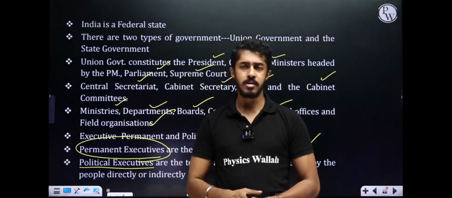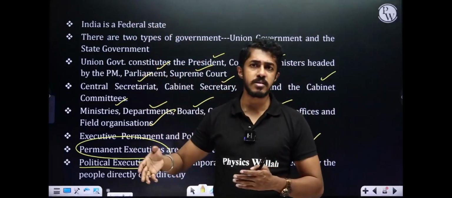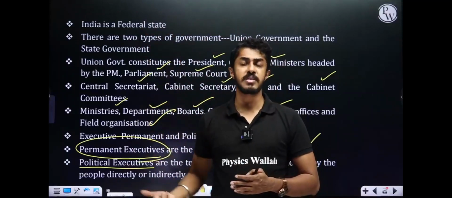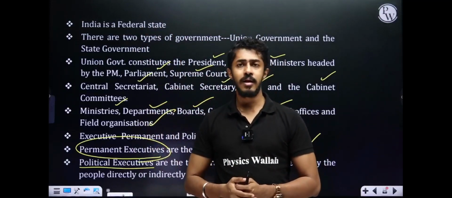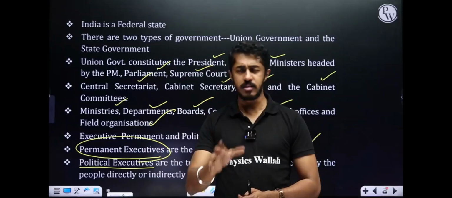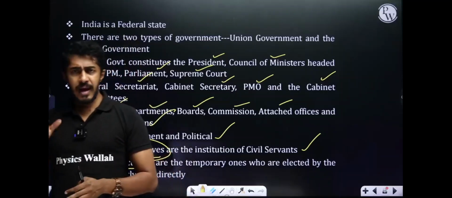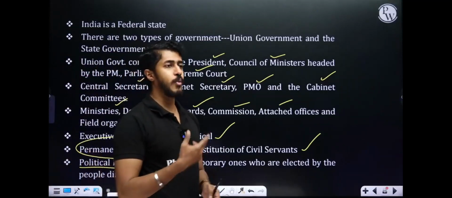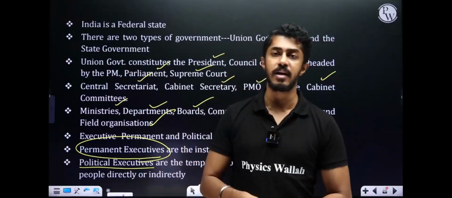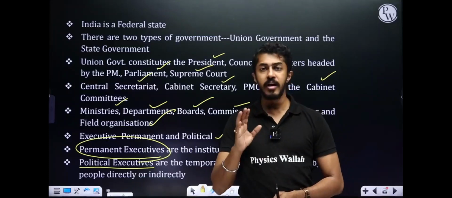That happens because simple thing, this many services, so many IAS, IPS officers scattered along so many districts in our country. There is no way to know कौन कब resign कर किस वजह से गया. Statistics also are very, very low. But it is true. And I would say it is a very bad idea because politicians will keep changing, party will keep changing. You have to wait. You have to be ready for the waiting game.